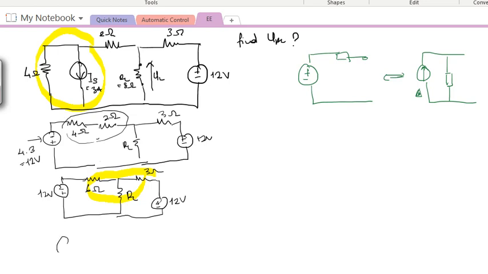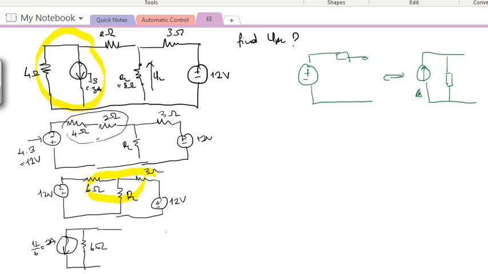So instead of having a voltage supply, now I have a current supply, and the direction, according to the direction of voltage, is the direction to the bottom. And now I have transformed this 6 ohm into a resistance in parallel. So what's the value of the current? We know by Ohm's law I equals U over R. So the U was 12 volts over R, 6 ohm. So 12 divided by 6 is 2 amps. Now we have a current supply with a value of 2 amps.